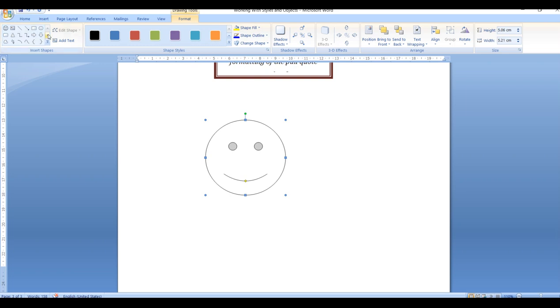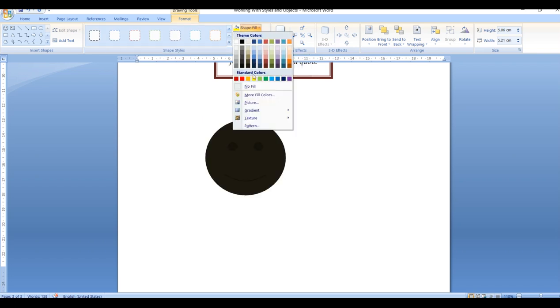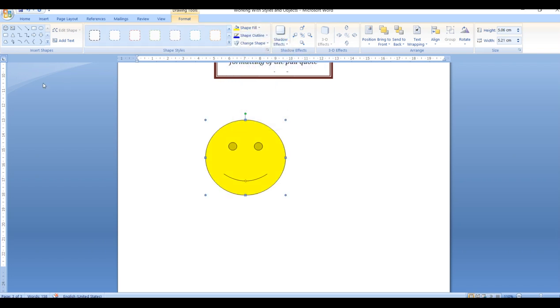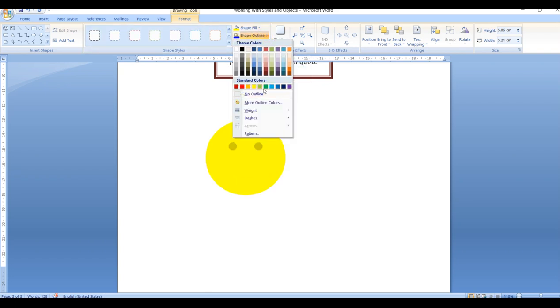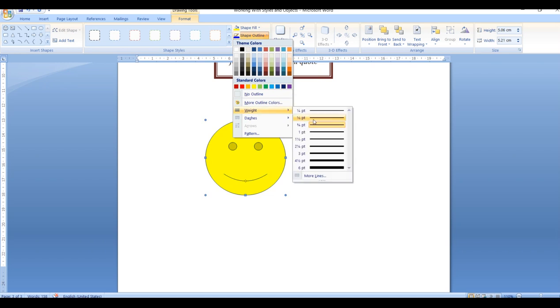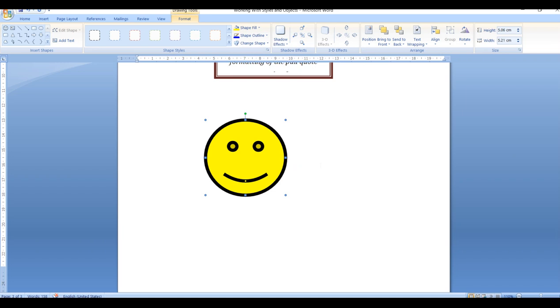As the Format tab appears, you can add color to your shape. You can even give the outline of the shape. You can choose the width of the outline as per your requirement. So this is the width of my outline.